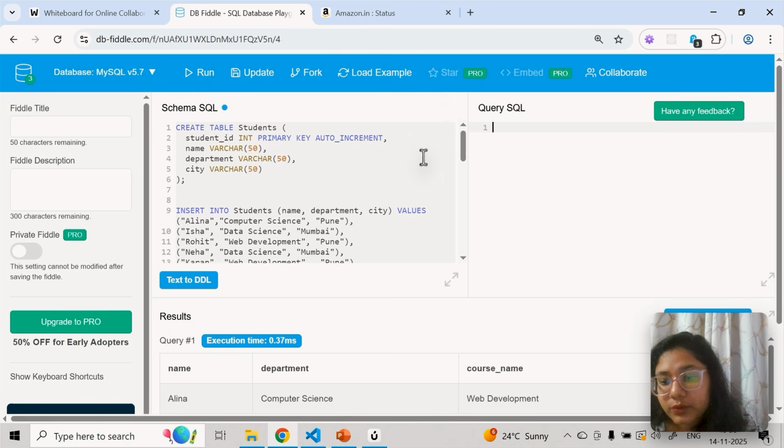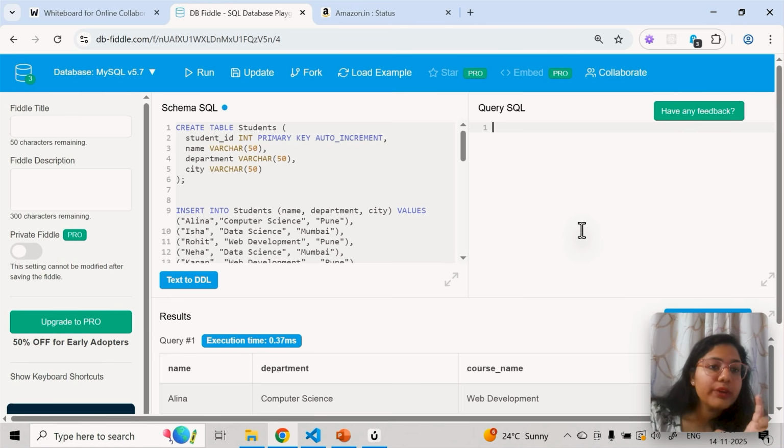Now next we are going to see some subqueries. Okay, that is the next thing that we are going to see. Let's say I want to select the students who have scored above average. I've already told you how to get the students who have scored average in a class, like the total average of a class, and then how to find the average based on department.